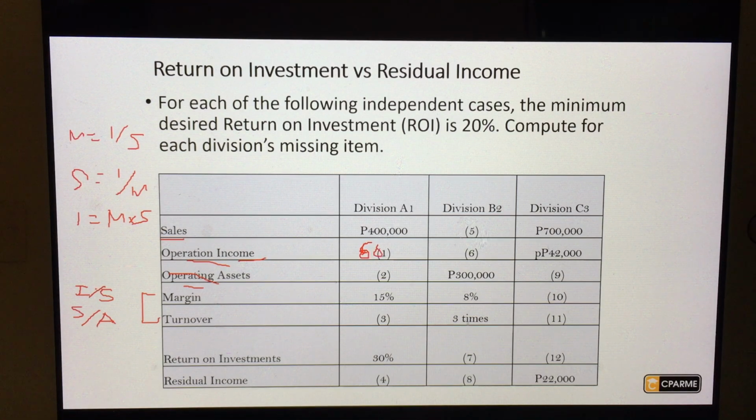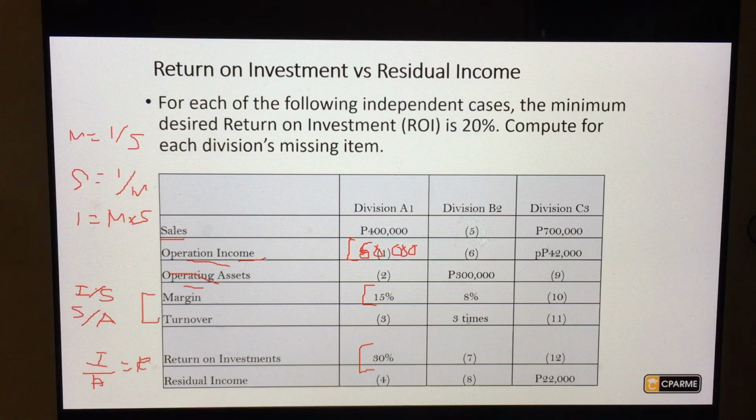Ano pa yung nabigay sa'yo dito? Ayan, yung operating income mo, tignan mo. Kailangan mo pang isolve yung operating assets. Kaya ba? Oo, kasi meron tayong return on investments. Meron rin tayong margin. Meron na rin tayong operating income. Diba? Yung operating assets mo, pwede mo namang hiwalay yan. Pero, idiretso mo na. If return on investment is equal to income divided by assets,